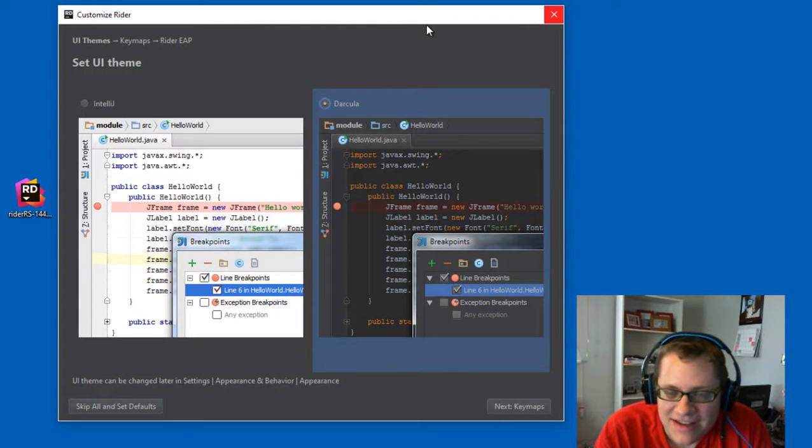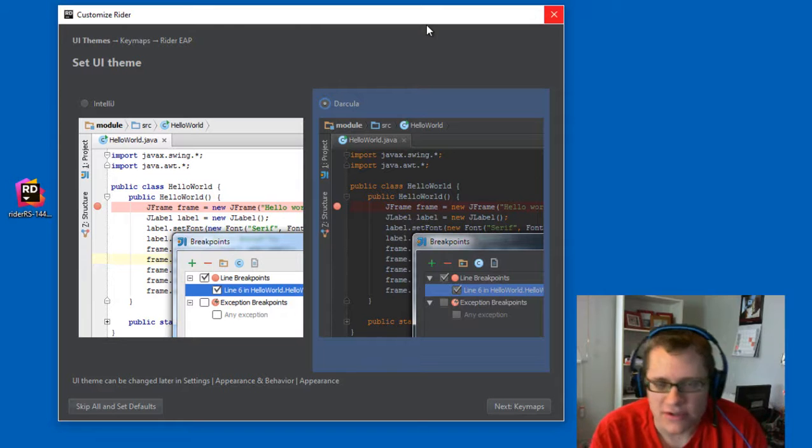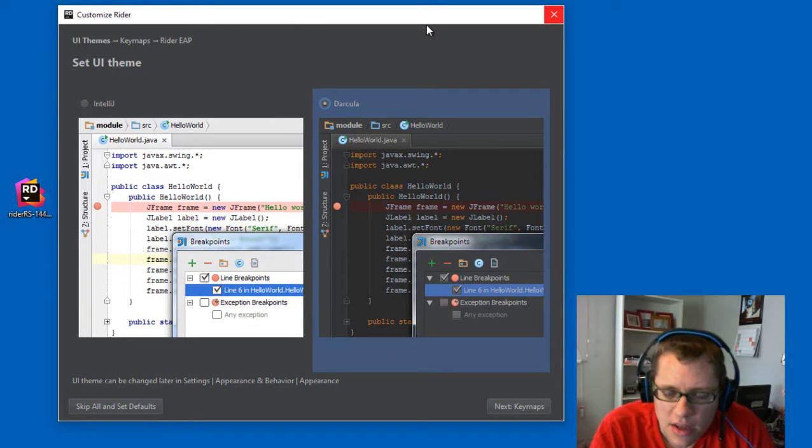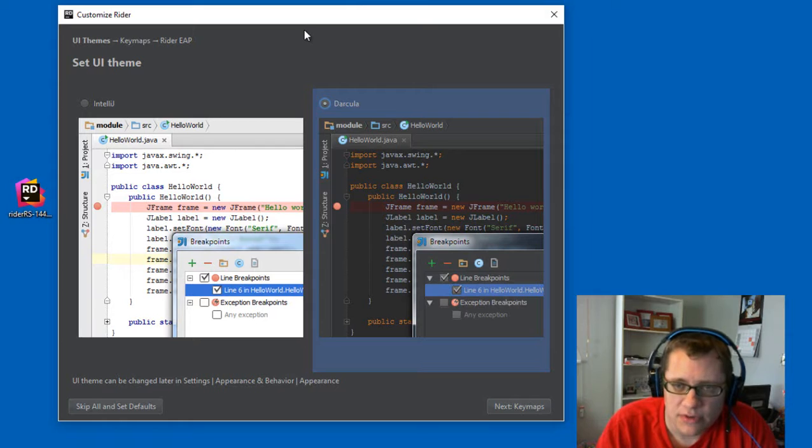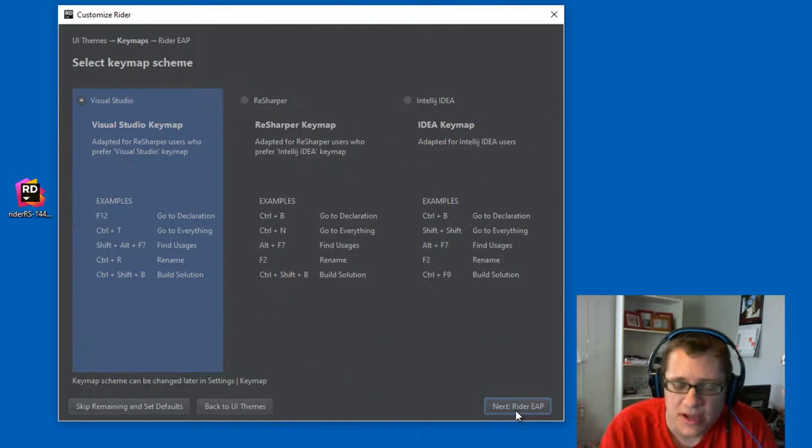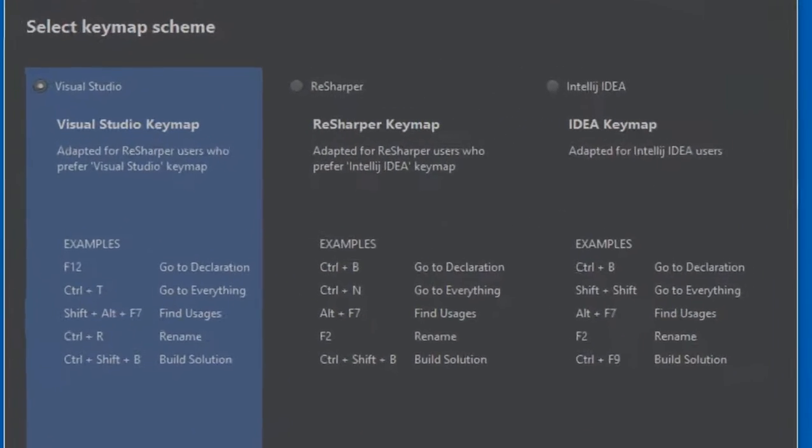Now, in my day-to-day development, I tend to stick to the dark themes. I think they're easier on my eyes. I'll switch to light themes if I'm presenting on certain types of projectors, but normally I'll just stick to Darkula for my normal work. I think I'll use Darkula for this video because that's just what I would normally use. So I can skip all of these setups and use defaults, but I'm going to go ahead and go to the key maps next. Now this is the area where